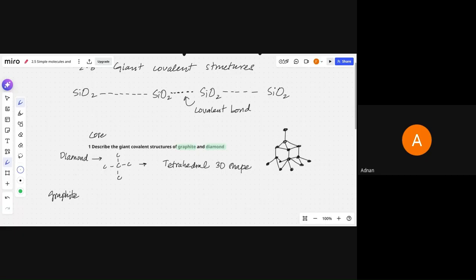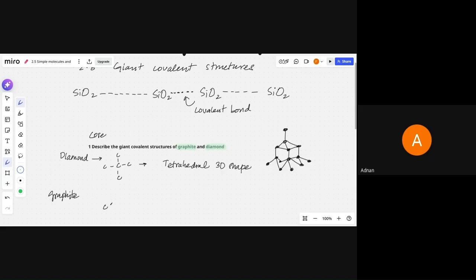Isotope is entirely different: the same proton number but different neutron number. In this case, their structure is different. We are talking about their macro property. So for graphite, again, the pattern of connectivity between the carbon atoms will be